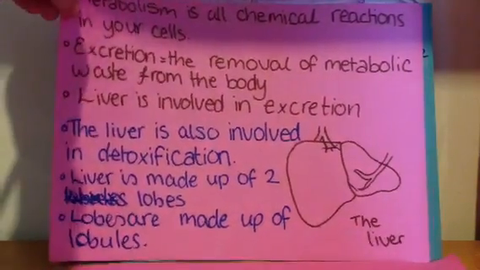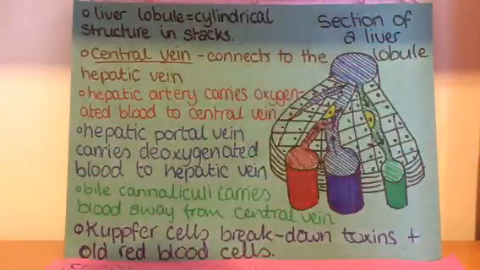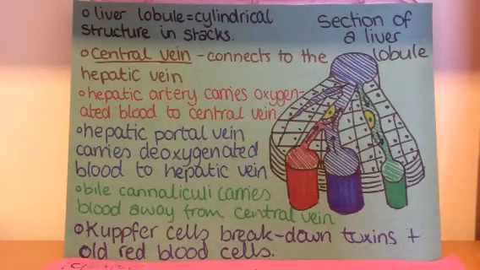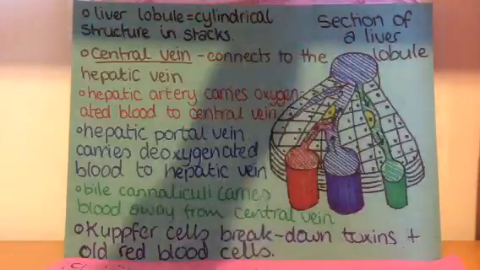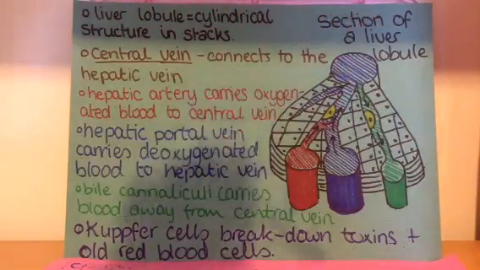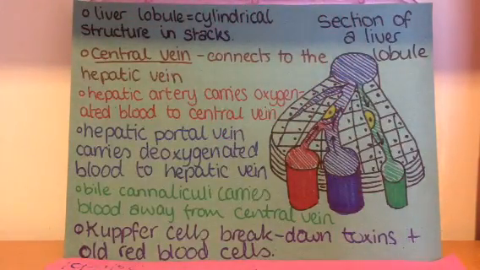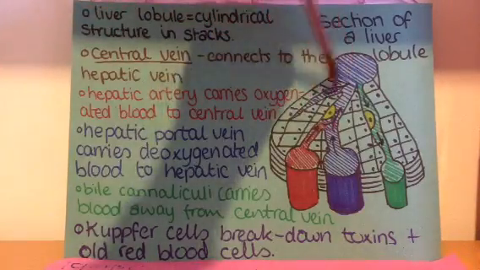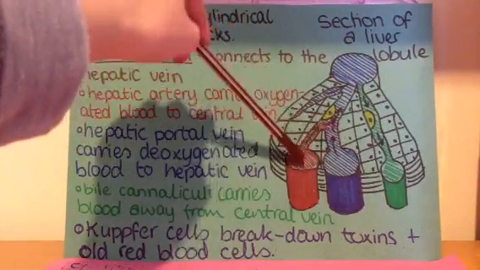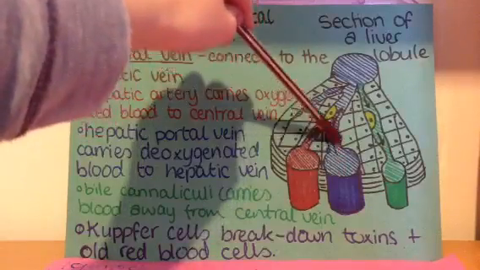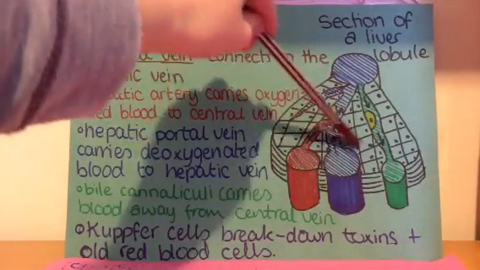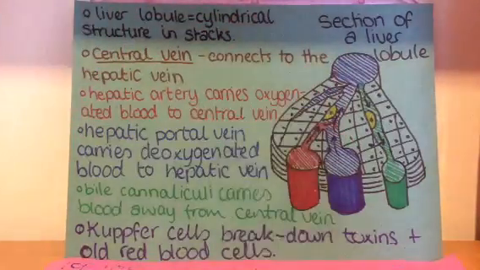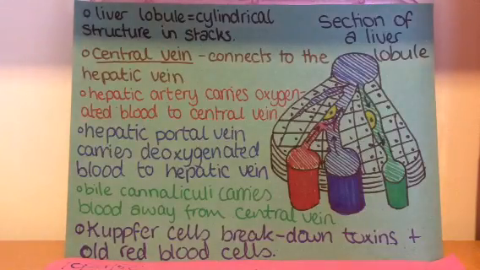So if we look at the lobules a little bit closer, you've got cylindrical structures and they're made in stacks, and that's sort of a section, so that bit would go all the way around this central vein. The central vein connects to the hepatic vein, and this takes the blood away. The hepatic artery carries oxygenated blood to the central vein, and what happens here is the oxygenated blood from the hepatic artery and the hepatic portal vein, which is deoxygenated blood, mix, and that produces a really good set of stuff for the